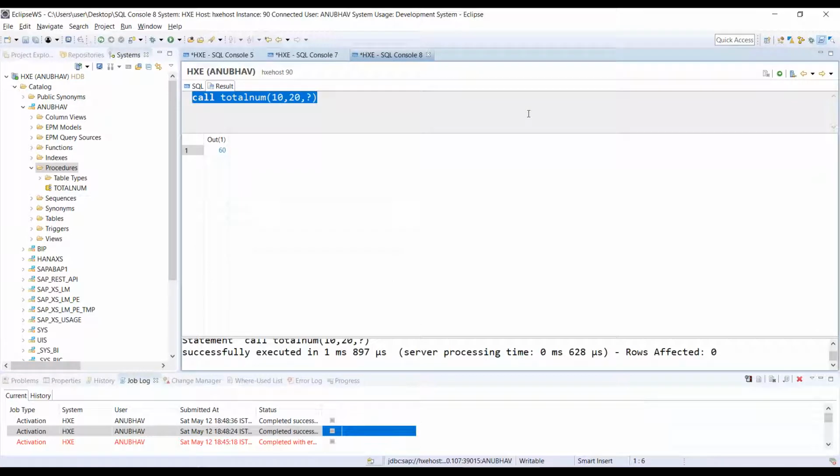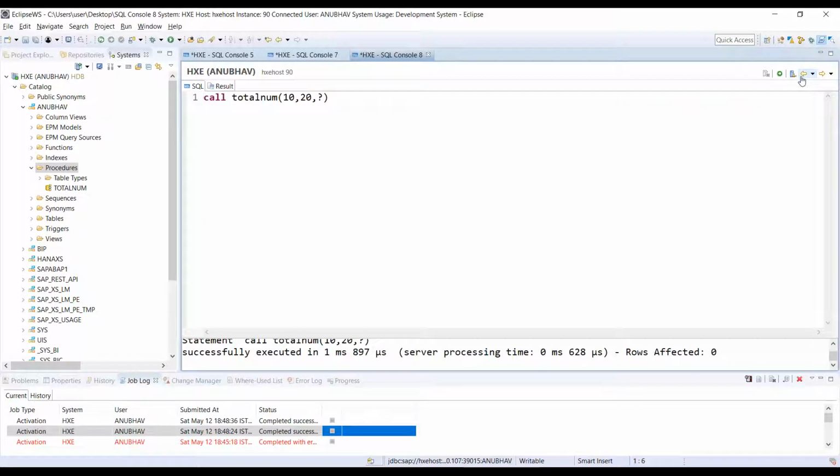How can we see, if my developer told me a procedure name, which schema that procedure is in? Do I need to open every schema and check all procedures? No, there is a database table called procedures in SAP HANA. You can say select star from procedures table. You can, but still you have to go to all schemas, right? They don't want to do that. That's a very valid question. You can go to this DB table called procedures in SAP HANA, put where procedure name,